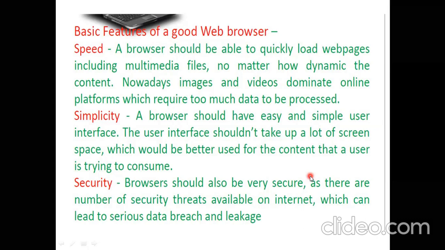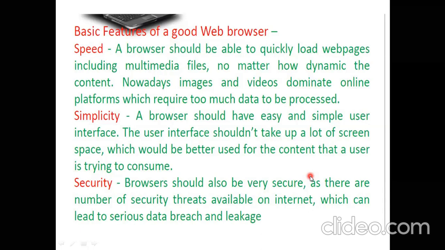Simplicity: its look and appearance should be simple, because with the help of a web browser we are going to access websites. If a web browser's look is so complex and its background is full of complex images, which everybody doesn't feel good to see. People generally prefer a simple background, especially for web browsers, because there is nothing else we actually have on the main screen of the web browser.